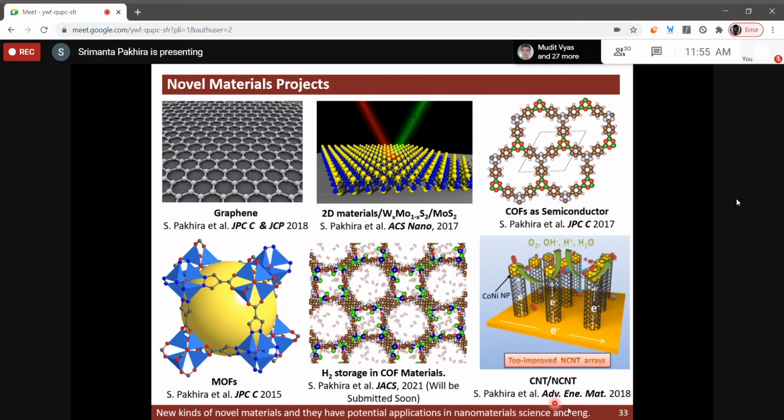Advanced Energy Materials is one of the powerful journals in energy science. The impact factor of the journal was around 25, and ACS Nano is around 14.6. So these are not easy works from our side. And the reviewers are also so hard. They check each and every line of what we did. So we did such work using atomistic simulations and density functional theory.